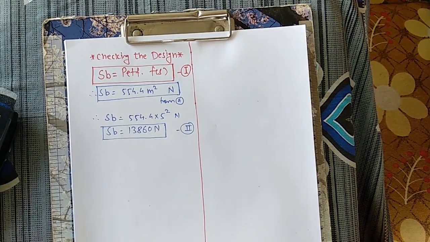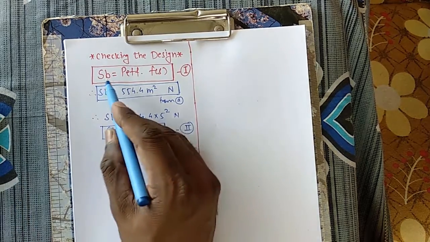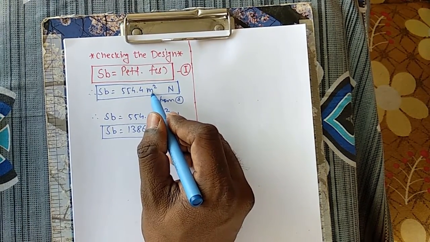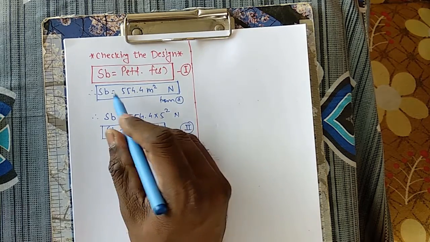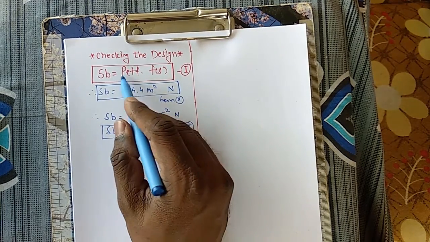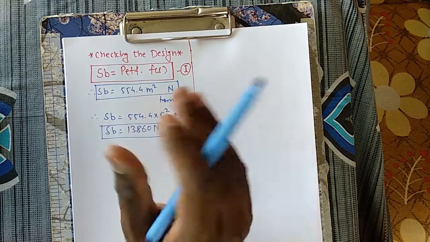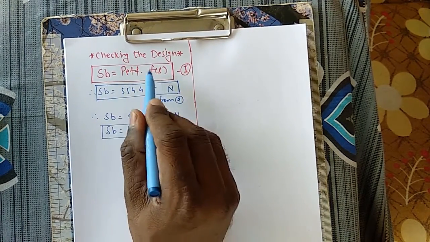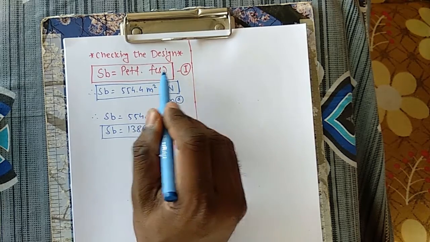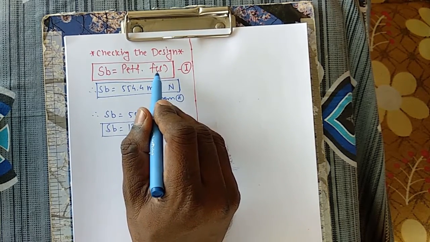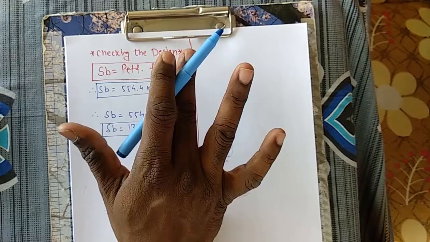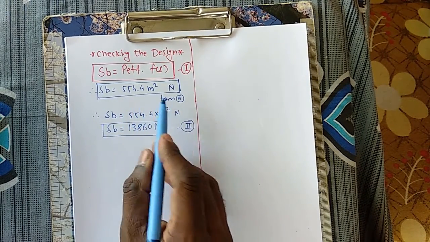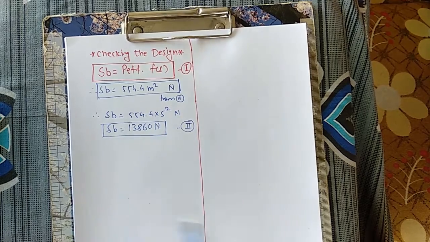So here what we are doing, actually we got the value for SB in terms of m square. Now I know the value of m, and I have kept it here. I got the value of SB in terms of some number. Similarly, I will do it for P effective in terms of some number, and then I will divide SB by P effective, and I will check whether this factor of safety is greater than the factor of safety given in the problem. If it is greater, then the design is safe. So we have done it for the first part. We have replaced the value of module and we got the value of beam strength.